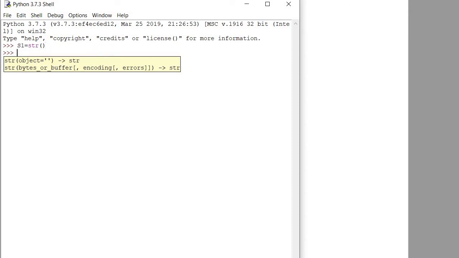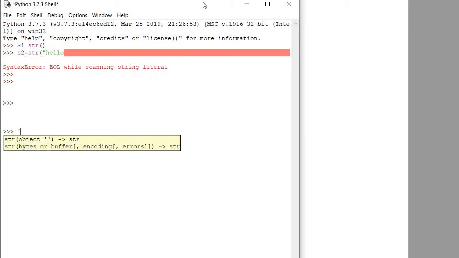Now if you want to create a string object for any string, just write down str and hello. Then write down any string here, whatever you want to use.